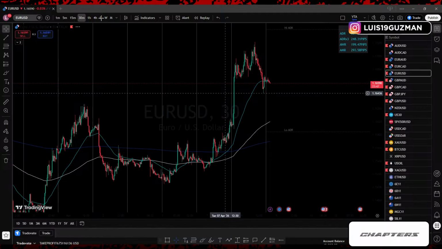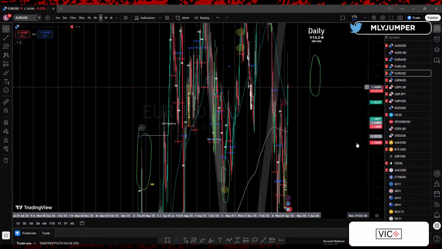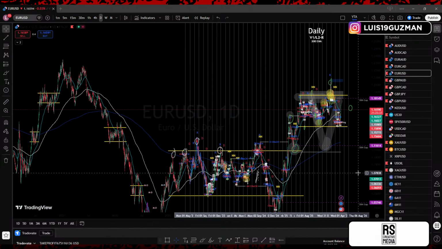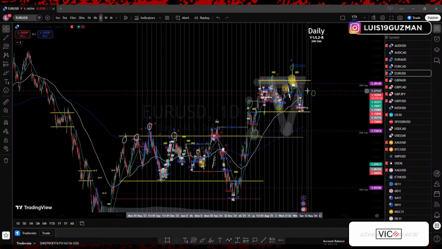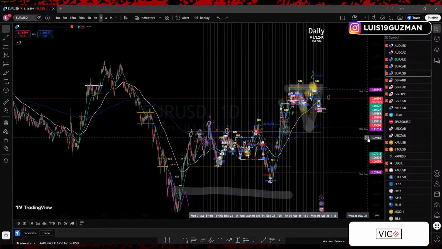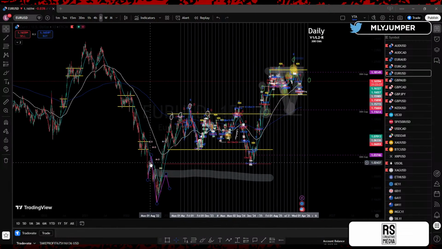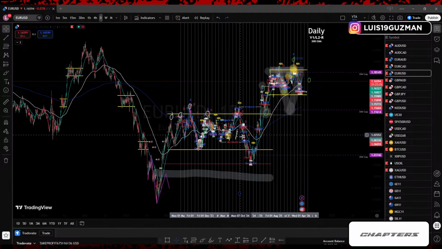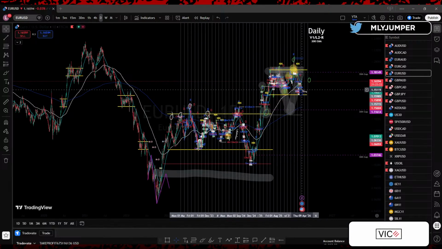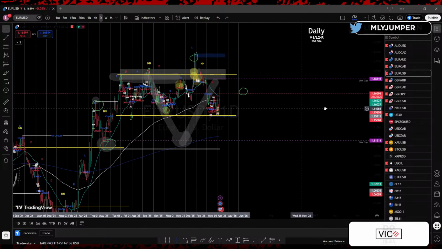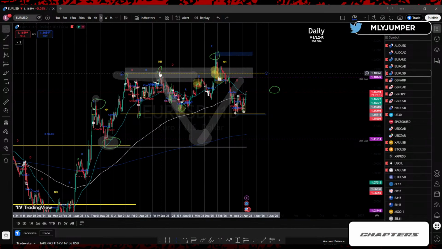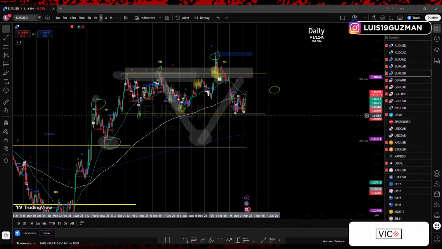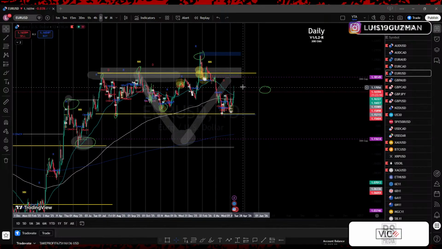Euro USD daily time frame. Euro USD, I still have this marked up as the second zone consolidation going into the third push. I don't really like where this is at, but it's making sense, right? We had push one, first zone consolidation, push number two, second zone consolidation, and this is where price has been rejecting highs, rejecting lows, going high, going low, going back to the highs, rejecting the highs once again, going low, rejecting the lows again, and looks like price wants to continue.